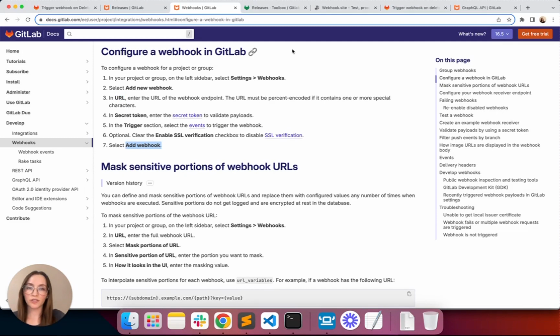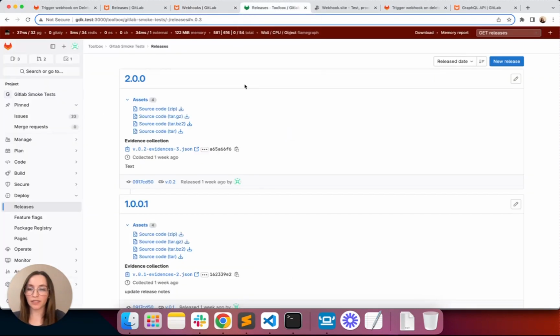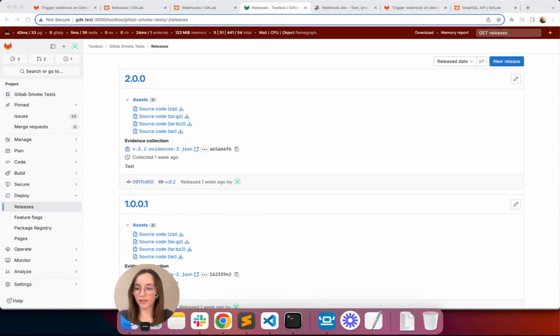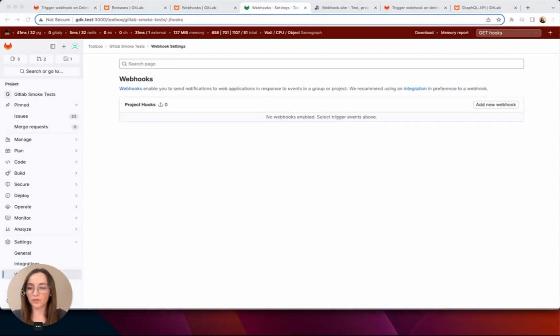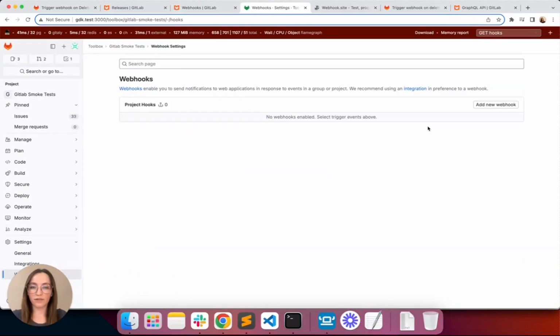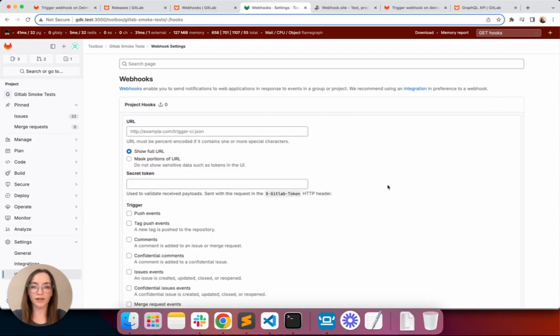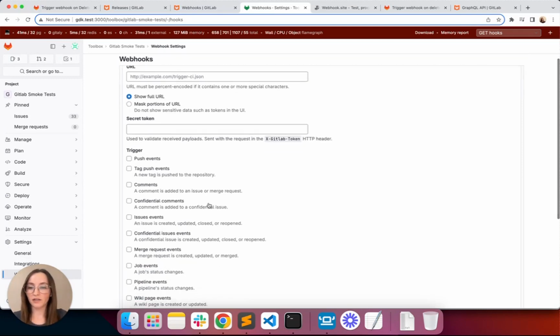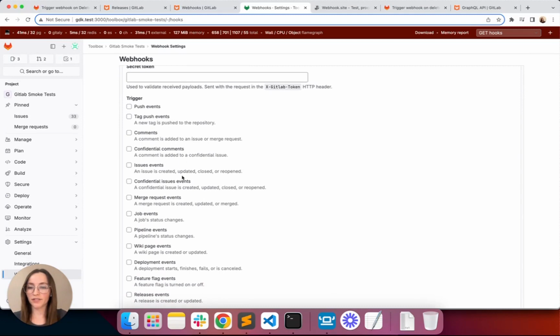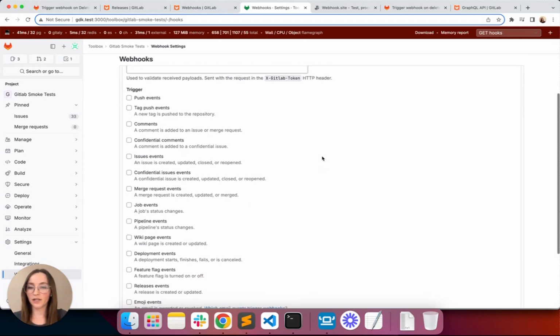So let's try to do this in our GitLab instance. We have our project and we need to go to settings, and here we have webhooks. We see that there is no webhook enabled so far. Let's go and add one. We have a URL field where we need to provide URL that our application will make a request to when event will appear. If you scroll down a bit, here we have trigger section with a list of events that